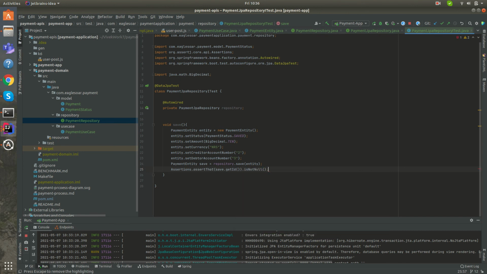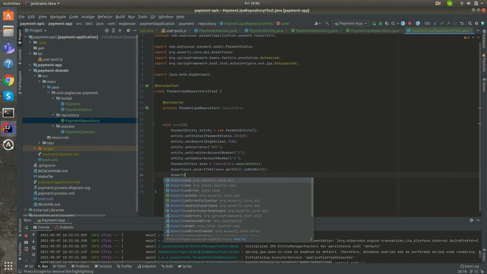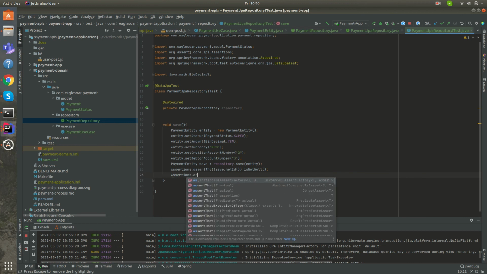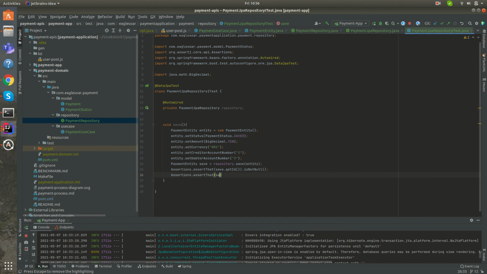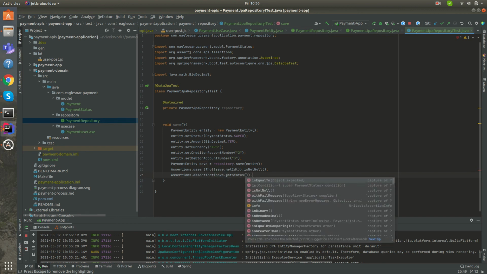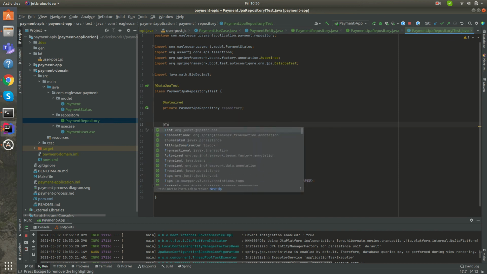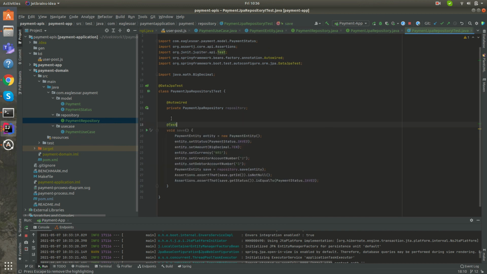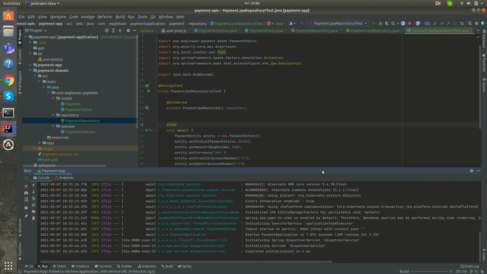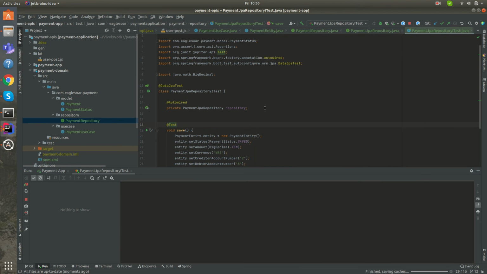Okay, and then assert that save get status is equal to payment status saved, something like that. So let's verify the things for our repository first, and then we'll be moving to the next layer. So if you see the